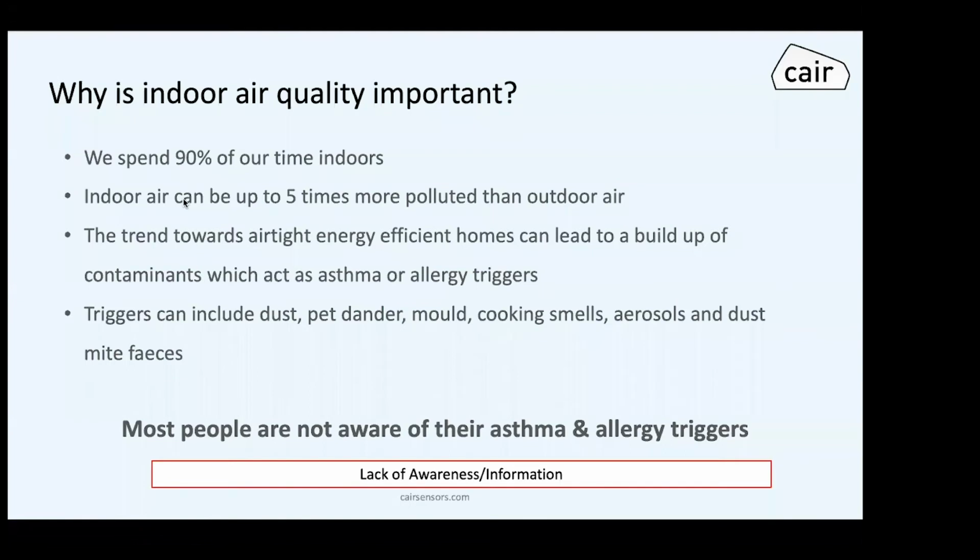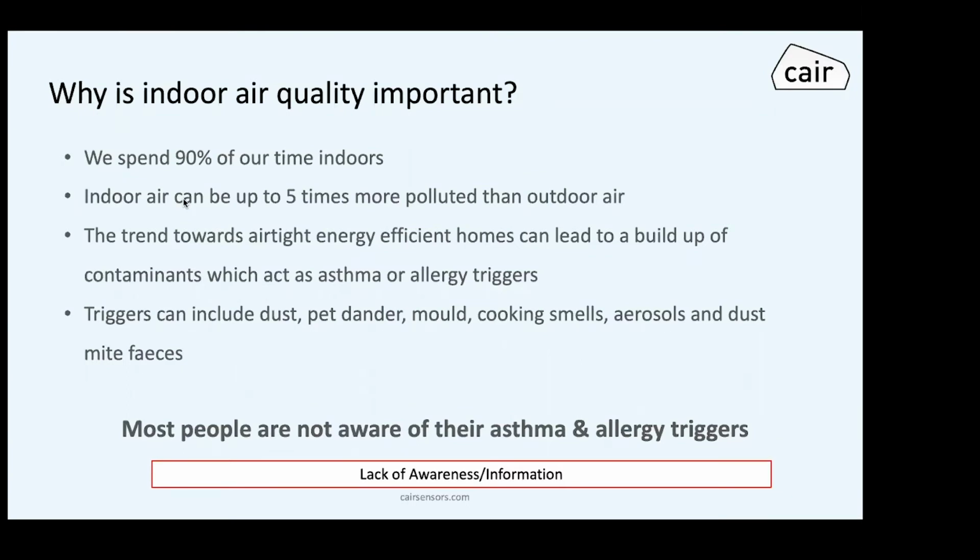Briefly, I'm talking about clinical environment today, but it applies at home as well. We spend about 90% of our time indoors. Indoor air can be up to 5 times more polluted than outdoor air. The trend towards energy efficient buildings and so on, while understandable from a sustainability perspective, can lead to the buildup of contaminants indoors. And common home